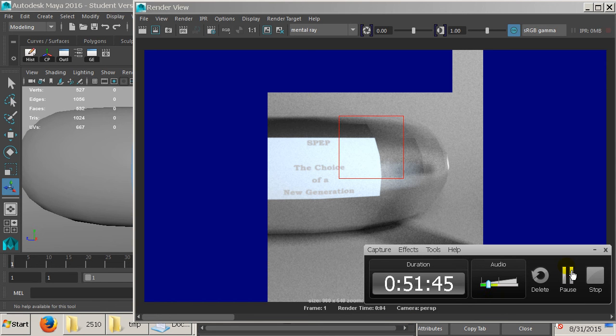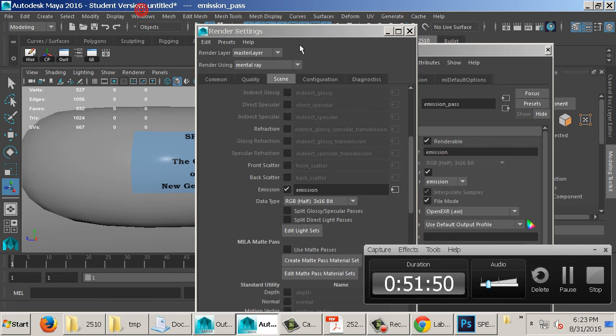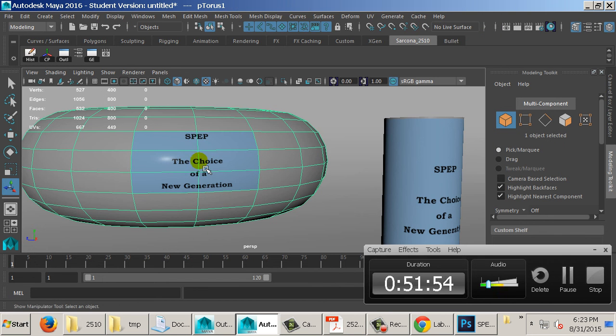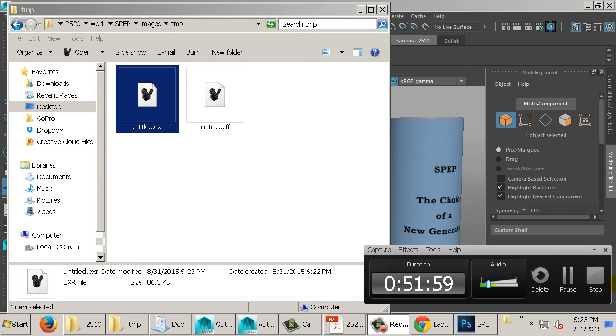Okay, but that's how we would do that. So you just texture it just like normal. And then we'll render that out after the fact. Okay. All right. So I'll save this lecture to